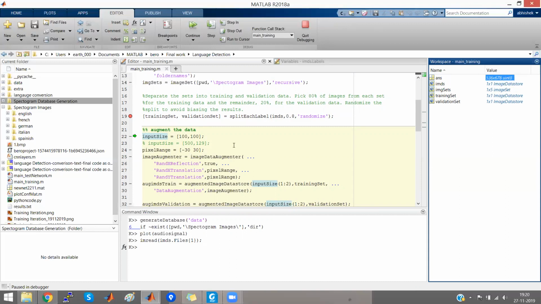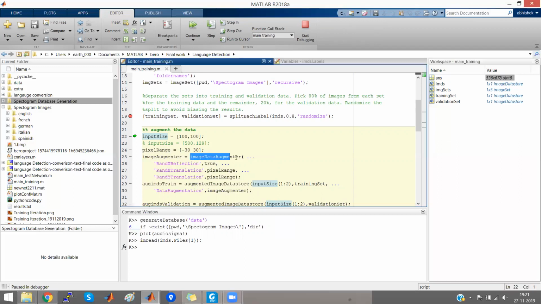So it will be a big image and a lot of features would be extracted from these images. Those features might not contribute to the accuracy of the system. So we don't require such a huge feature set. So we resize the image to a size of 100 by 100. That will have the same information as a condensed image.